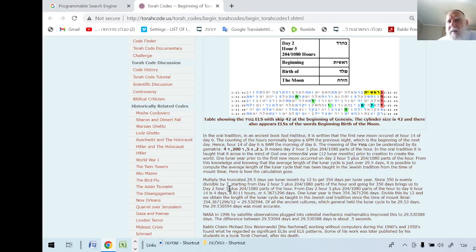Multiply the stated 29.5 days per lunar month by 12 to get 354 days per lunar year. Since 350 is divisible by 7, starting from day 2, fifth hour plus 2 or 4 parts of the hour, and going 350 days brings us to 14 in the day,